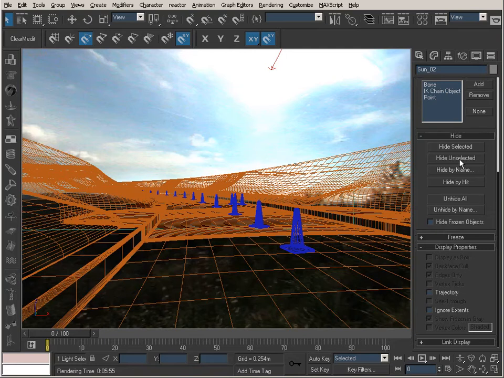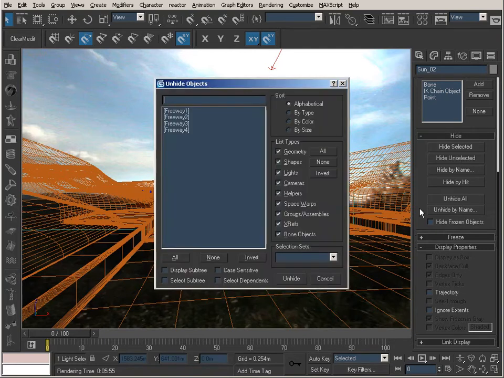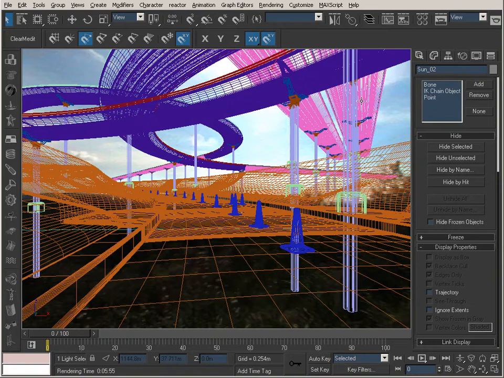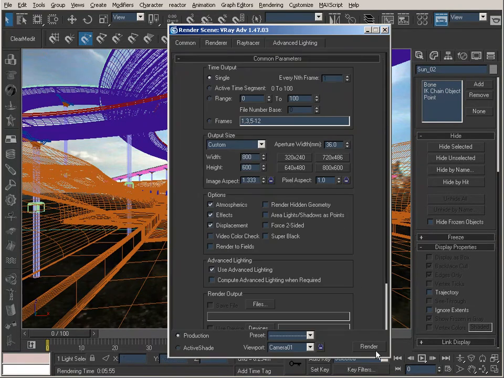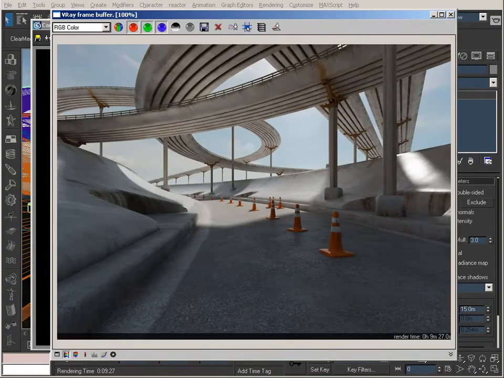Let's go back and unhide our freeways. We're going to do that now and see what the results are after that. So now we're ready to render, and I will go ahead and render, and we will see the results. All right, so we're back, and we can see that the sun has really added an enormous amount to our